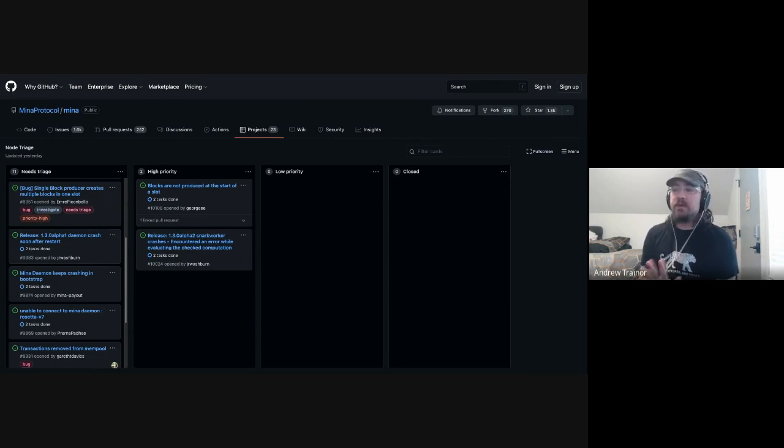Also, an important thing to point out here is that when we do hard fork, that will force everyone to upgrade, and we will have even more changes coming along with that. It will create a new sort of checkpoint in the world where everyone must be running a version that we're confident in. But ideally we can get the vast majority of the network upgraded to 1.3 stable very soon after release, because I think it will be deserving of that.